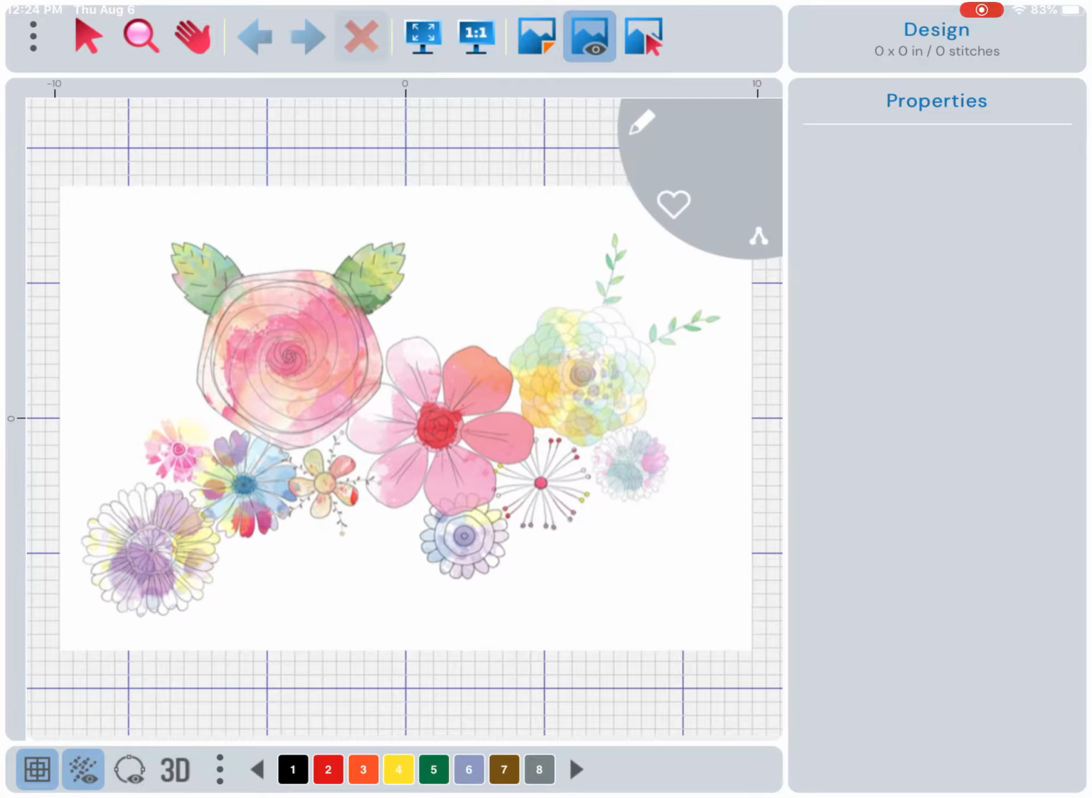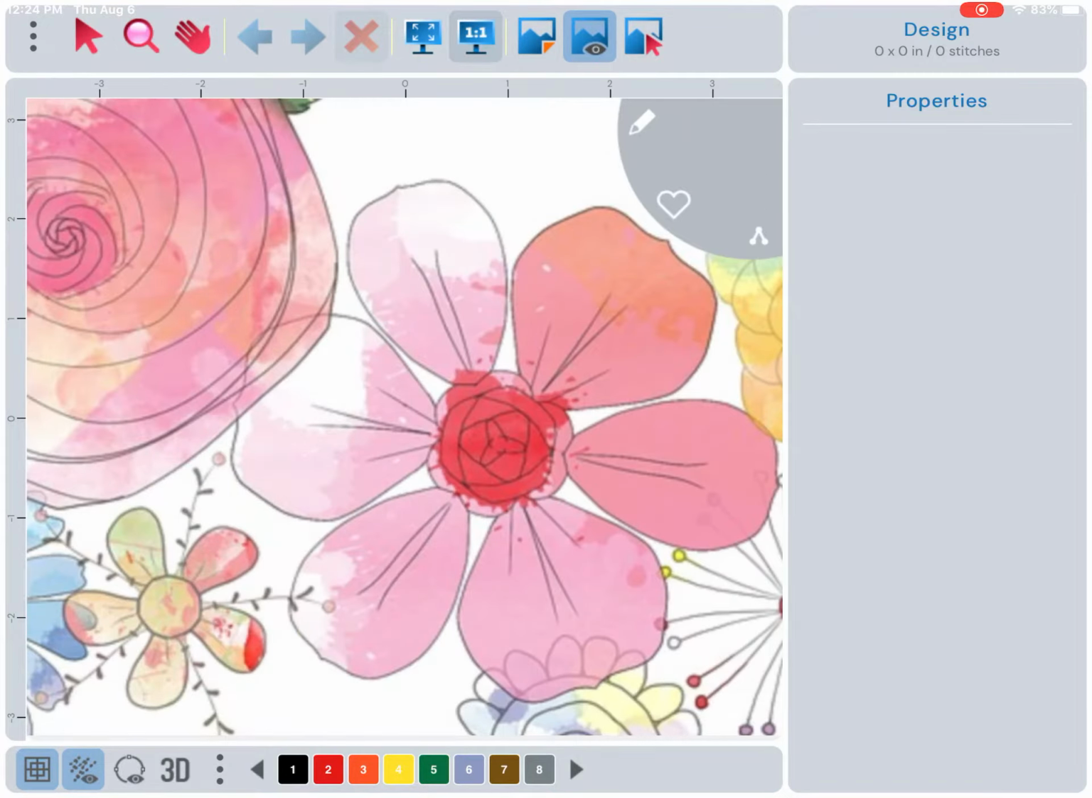There's a little red arrow beside that, and that will be a select key. Beside that, there's the zoom and the pan options. Next, you have undo, redo, delete. Now we have a button to fill your screen, or a 1-to-1, an actual size button. Now we're moving into